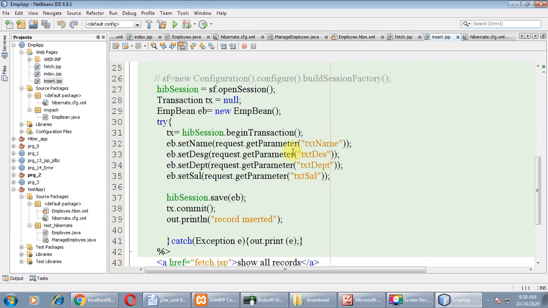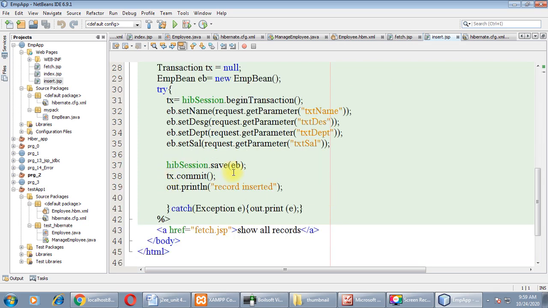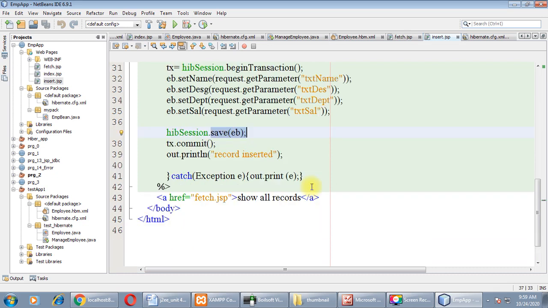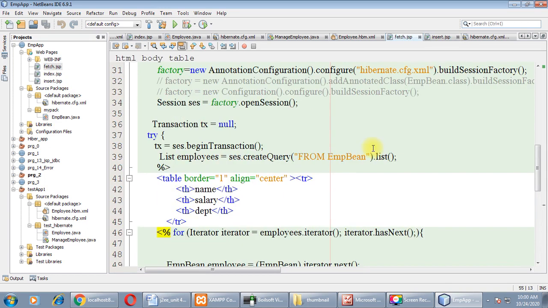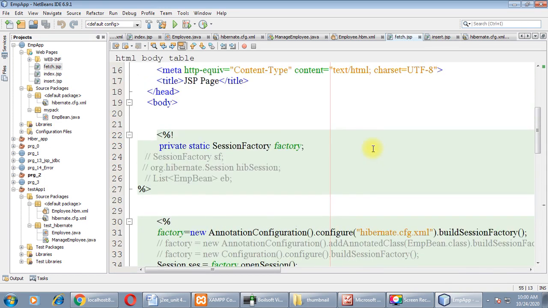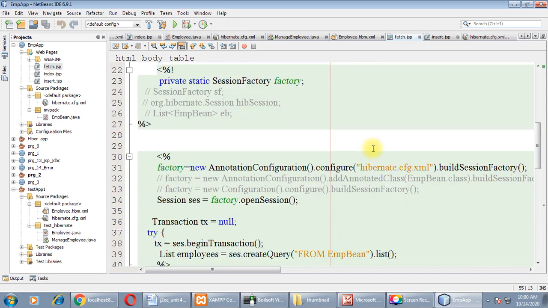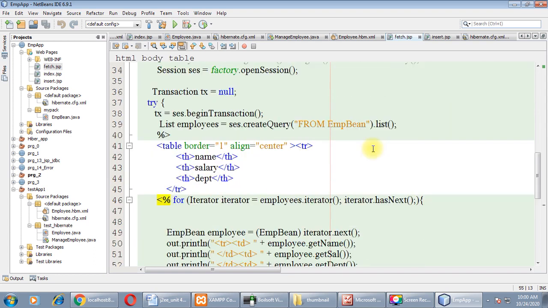As you can see, I have used the setter methods, and then tx.commit and the save method are also used, record inserted. And then fetch.jsp, this file will list all the records from our table in the browser.